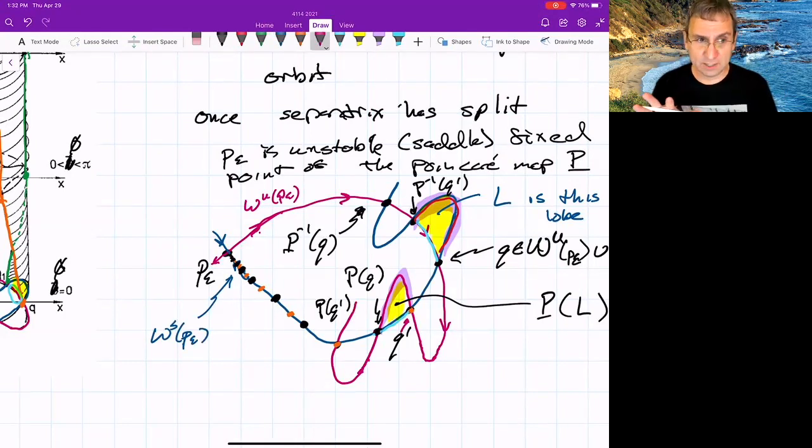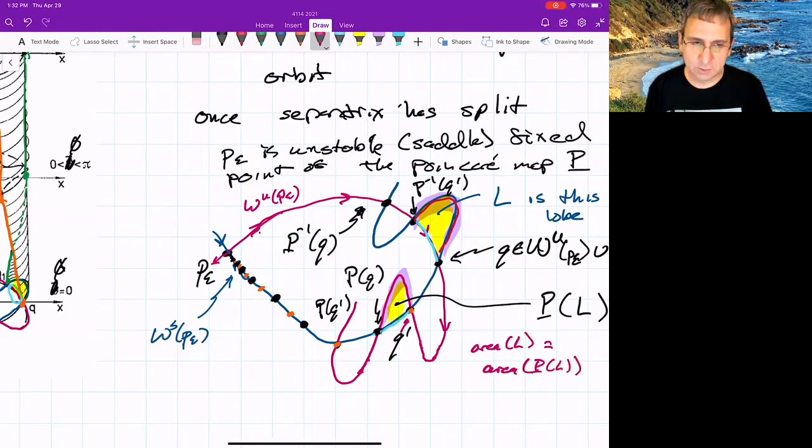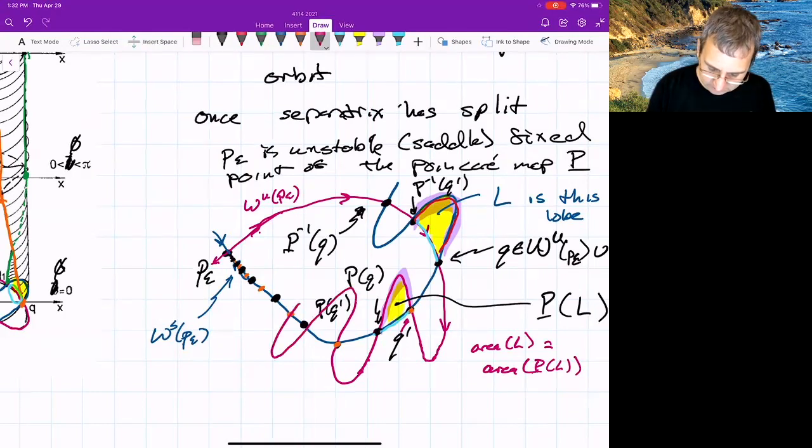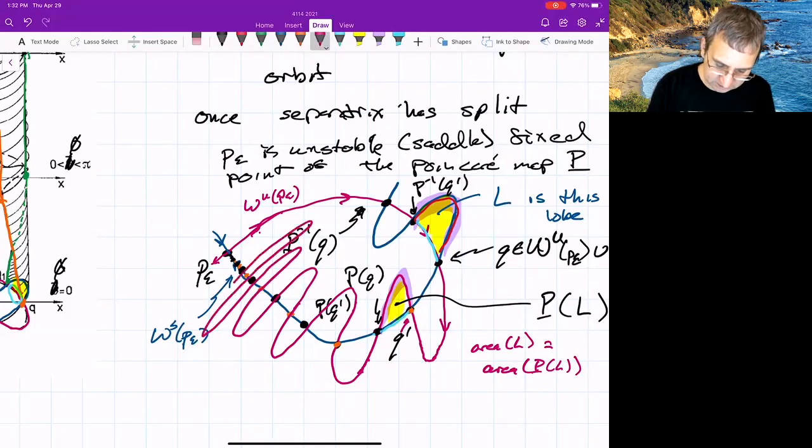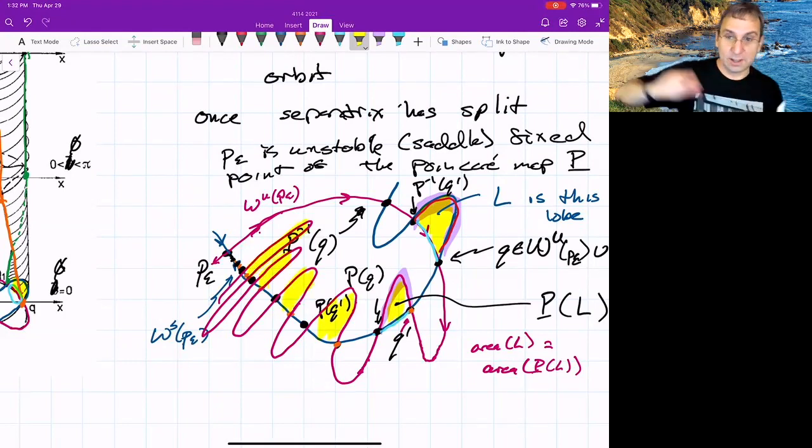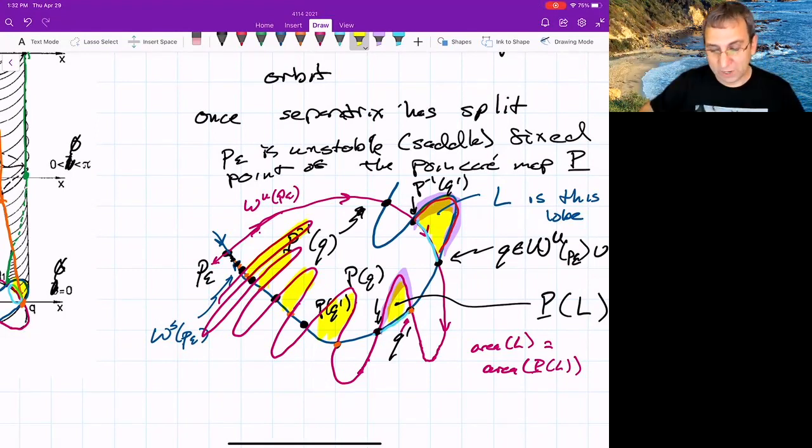Because this is a Hamiltonian system, the areas have to stay the same inside each lobe. So the area of L is equal to the area of P of L. That won't be the case once we turn on damping, but it is for now. And so this is going to go like this. I'm probably not drawing this right, but these have to keep getting skinnier and skinnier so that they have the same area inside. So this area is this area, is this area, is this area. You can see what's going to happen. These things are getting skinny in one direction, elongated in the other. We have stretching,